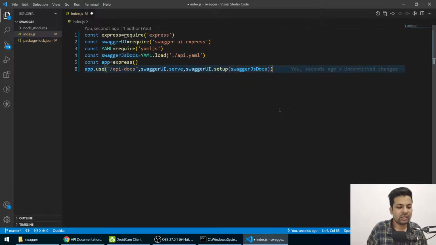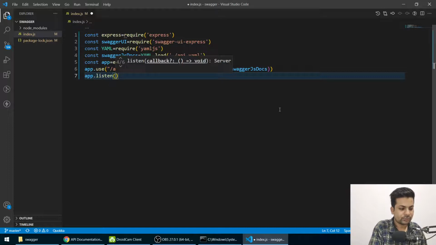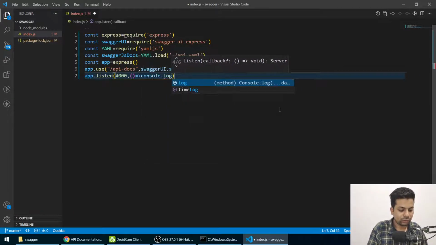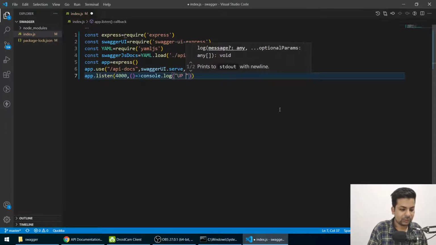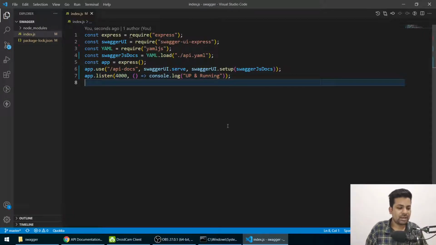Now everything is done. Now we'll just have to do app.listen 4000, and after that console.log app running. Okay, like normal, nothing messy.